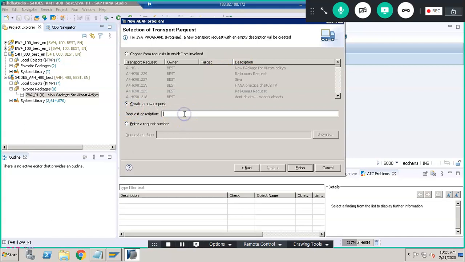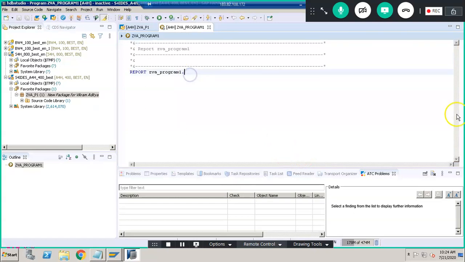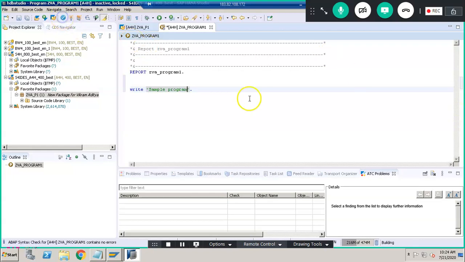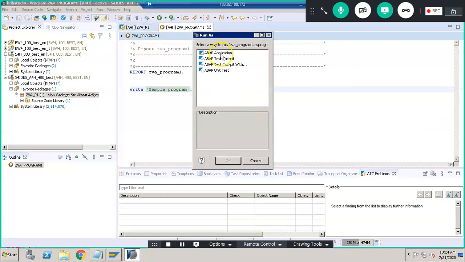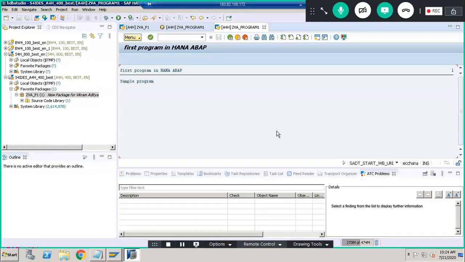I'm going for create new request for application.